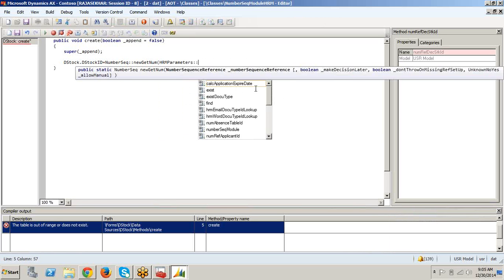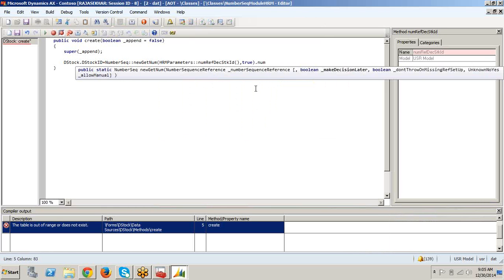HRM parameters, number of DSC stock ID, comma, dot number.